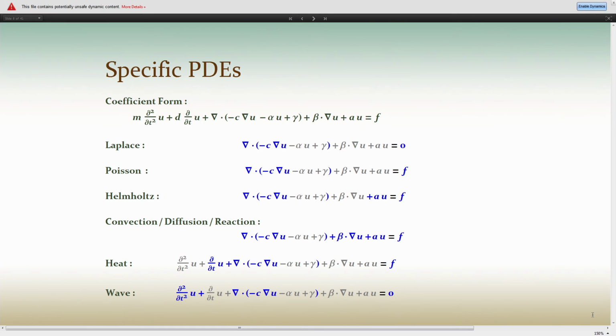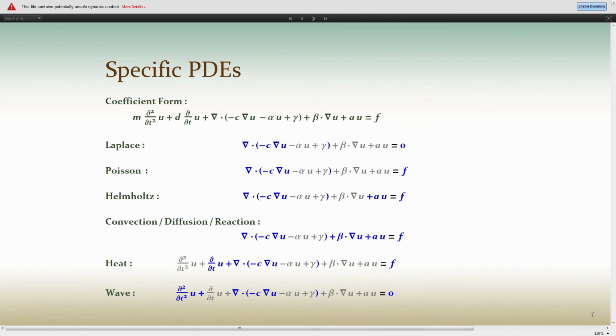So the question is, which type of PDEs can we actually solve? Don't be disappointed. We can only solve one PDE. But we'll get to that. So this one PDE is this big thing up here. And you see a second-order time derivative, a first-order time derivative, a diffusion kind of coefficient. Here's a convection operator, another convection operator, a load in this PDE. And if you look at the PDEs I've listed here, those are some of the classical ones. And if you see the blue parts, those are the components, so to speak, that are active in these respective PDEs. So it's kind of a Lego system where you can combine different components of PDE operators and build your own